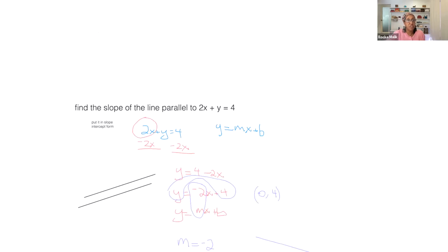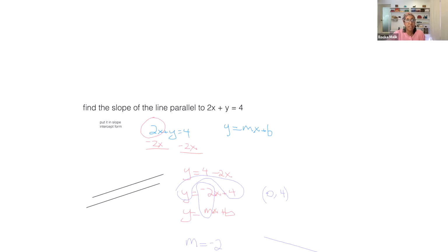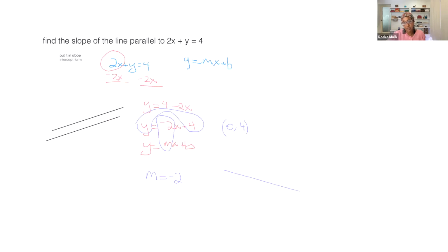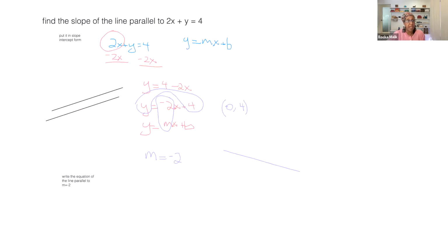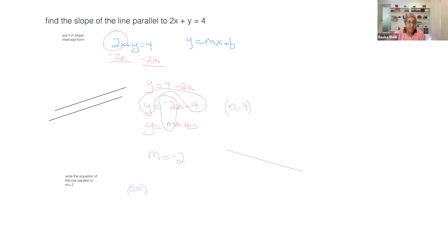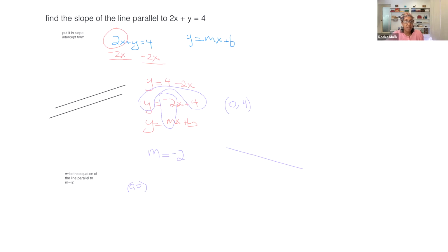I need either 2 points, or I need the slope and 1 point, or the actual equation. So if I needed to write the equation of this one, I can pick any point I want, because it doesn't say a specific line, it just says a line. So I am lazy, I will always pick 0, 0 as a point. So if I pick 0, 0 and my slope is -2, I can use